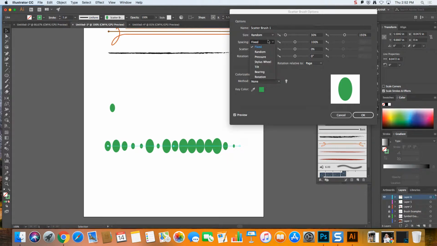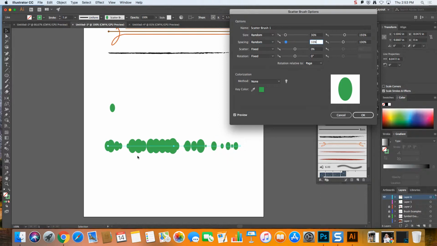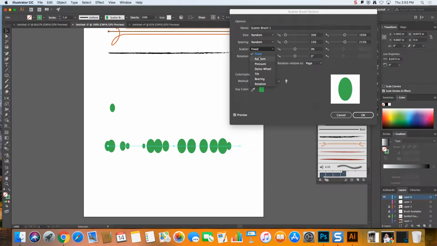So this can get more exciting by changing the spacing to random. So right now, all of these are spread out, at least their centers are all equidistant apart on the line. And we can adjust it so those are starting to overlap or spread out depending on what sizes I choose over here. Same thing for scatter. Scatter is where this really gets nice. We can choose random, and then